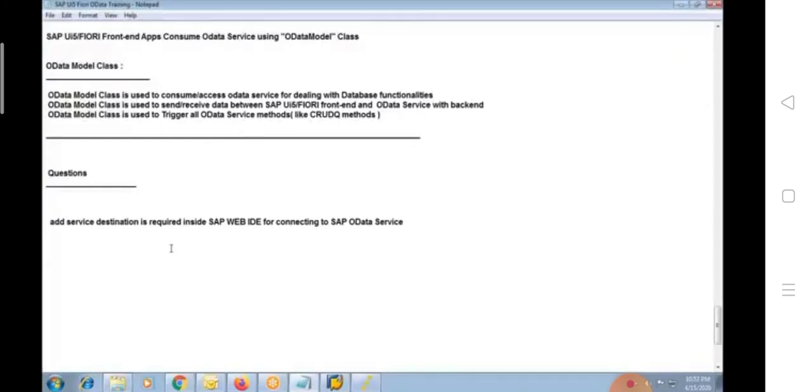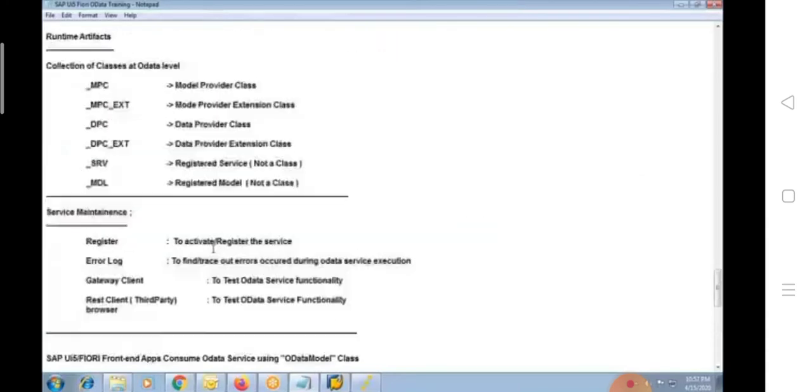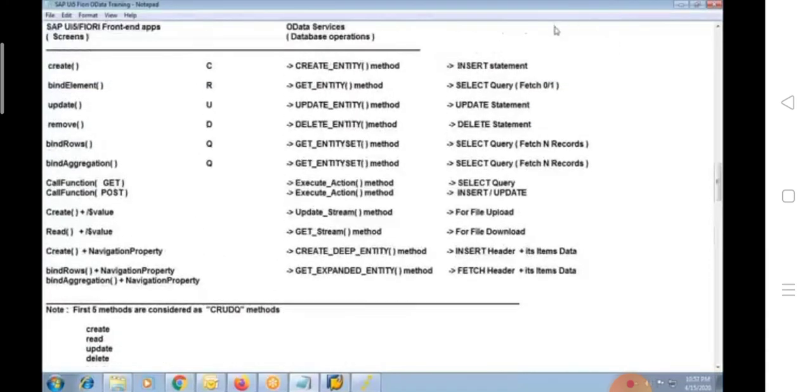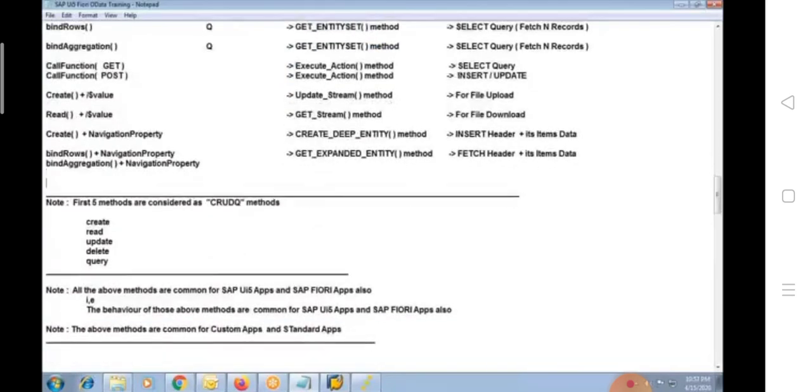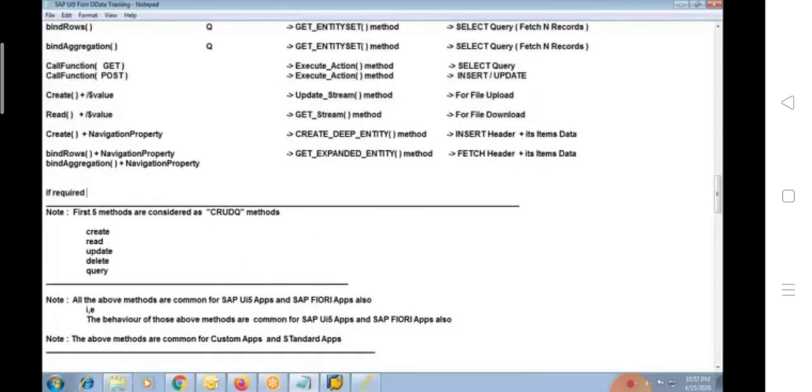Yeah, I'm Venkat here. For the update method, can we upload multiple records? Yes. For that, we have to use the batch technique. That is possible. We can call this update method multiple times. In that case, if required, we can call multiple methods in a single request. In a single request, we can put all the multiple methods and execute them. So that is possible through the batch technique.